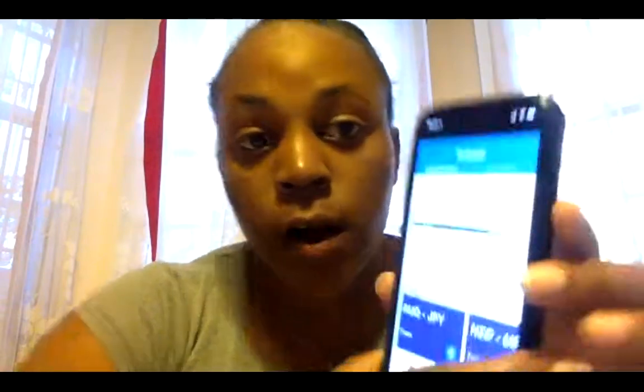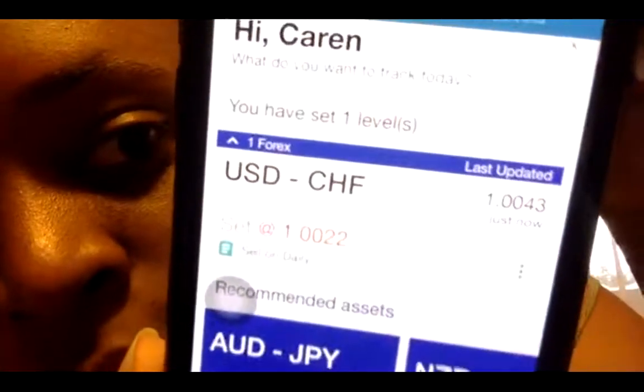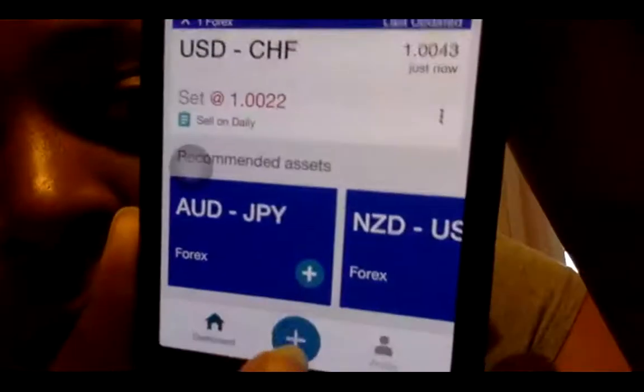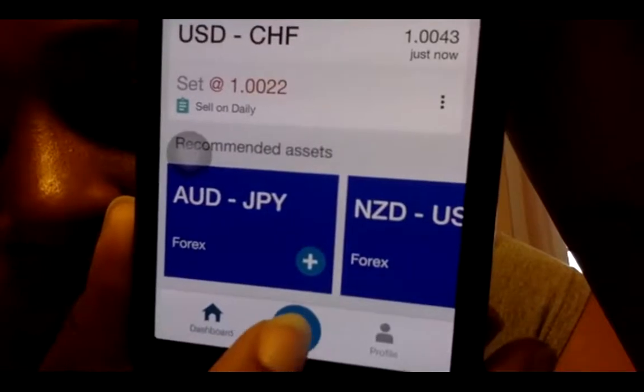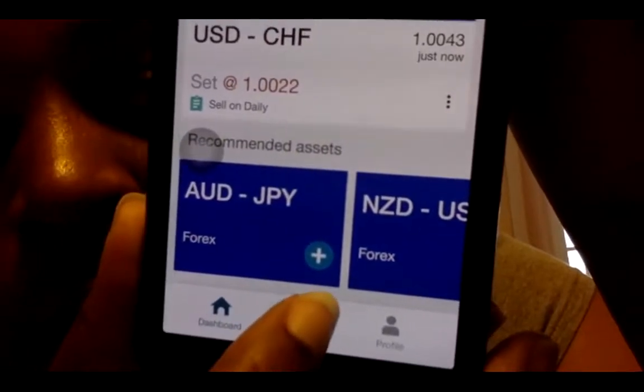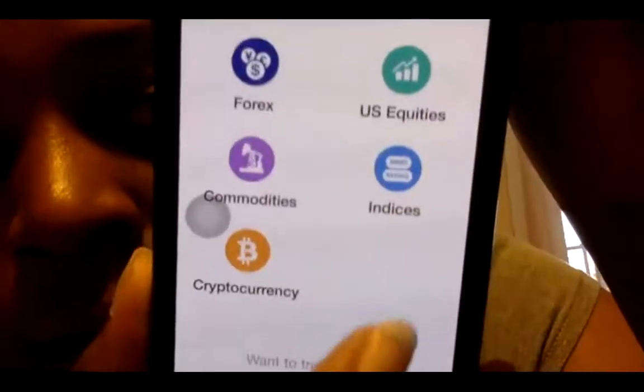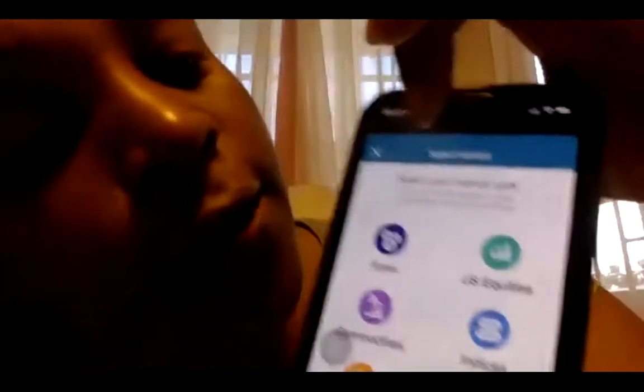So we're going to the call levels app, right? Call levels, let me see if my screen will adjust. There we go. So call levels, and you're going to the bottom where it says the plus button, right? So you're just going to click the plus button. Make sure you click Forex,